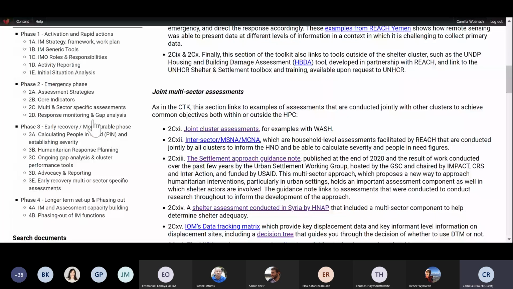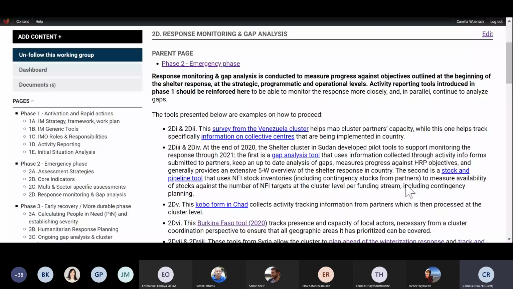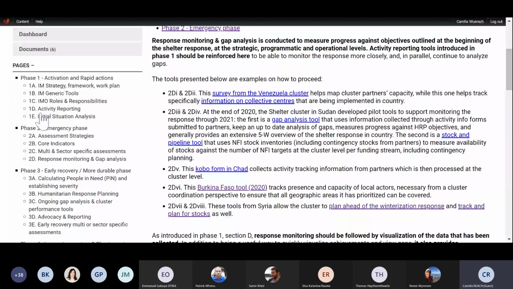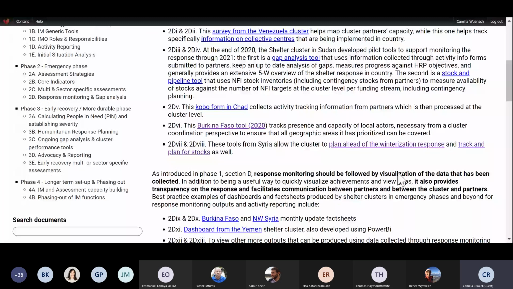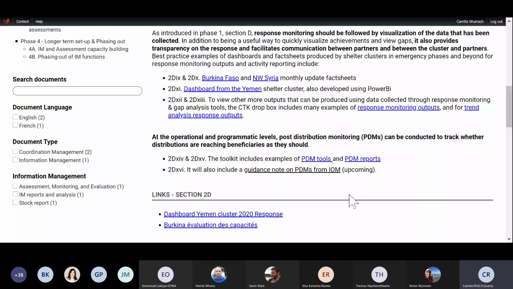Okay. 2D response monitoring and gap analysis. Here, it picks up on the section 1D on activity reporting and includes a bunch of other documents and tools that have as an objective to monitor and measure progress against objectives that were set up in the shelter response, both at strategic, programmatic, and operational levels. So here, for example, you have links to PDM tools and reports. Then we have